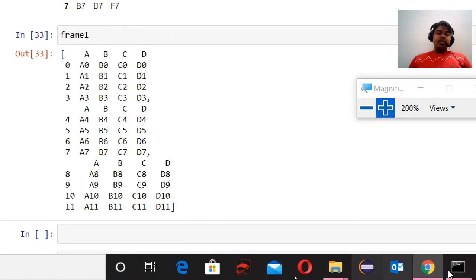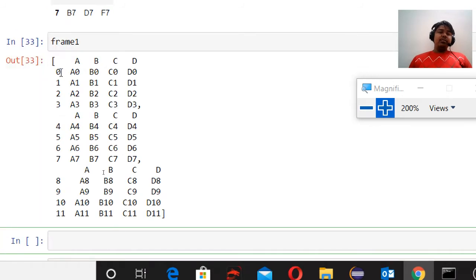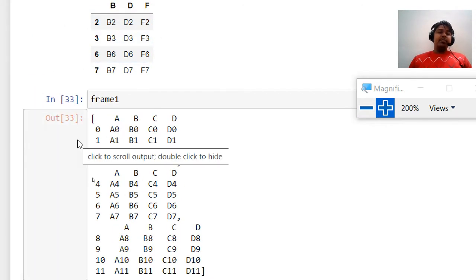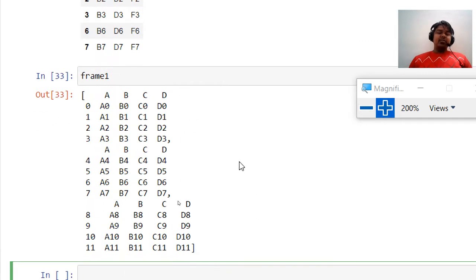Now we'll do this concatenation again, but we would like to give each data frame a key. Means when we refer to a data frame with the key given to it, we'll be able to fetch this part, then this part, and this part, because these things are quite important.